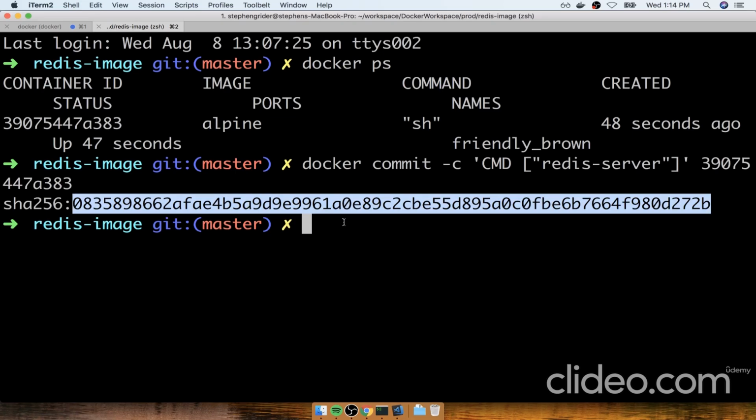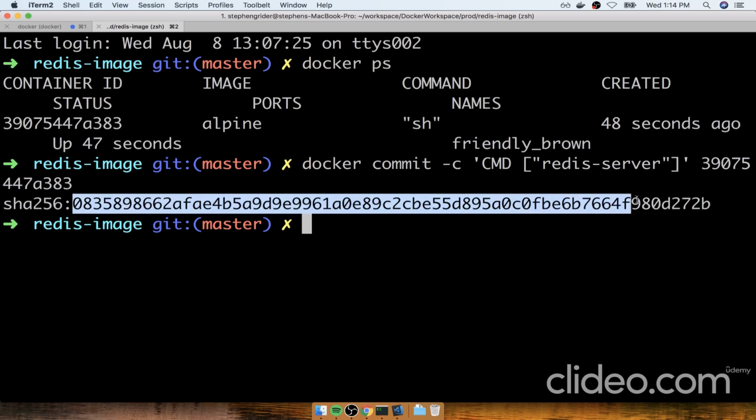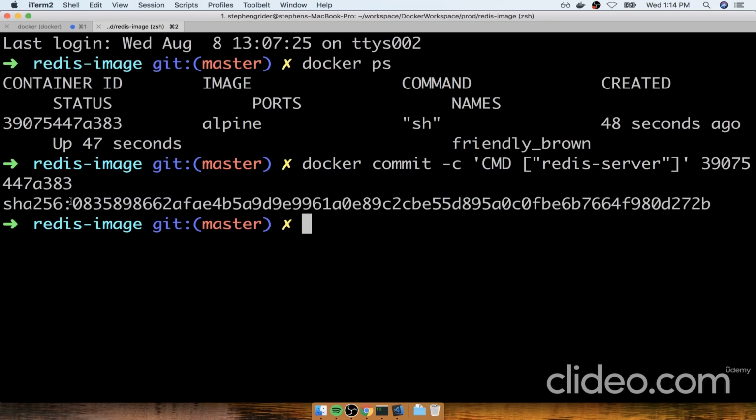Now you'll notice how this is a really long ID right here. One shortcut that I haven't quite mentioned so far, whenever you're making use of IDs or hashes in the Docker world, you don't have to copy the entire thing. You can just copy a segment of the start, and it's kind of assumed that this is going to be unique enough that Docker is going to take this and realize that, oh, you're probably talking about this very long ID right here. So I'm going to copy just an arbitrary number of leading characters here,